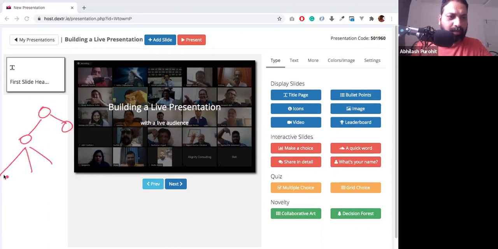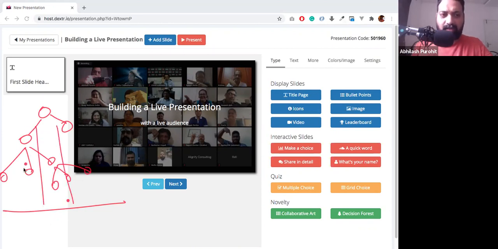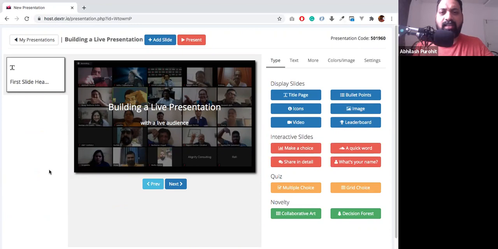You have 2, maybe 3 options, and each of them lead to further options and so on. And basically, you create some sort of a tree here, right? Decision forest is a collection of decision trees where every participant is doing his or her own decision trees, and they all combine together to create a big forest on your screen.